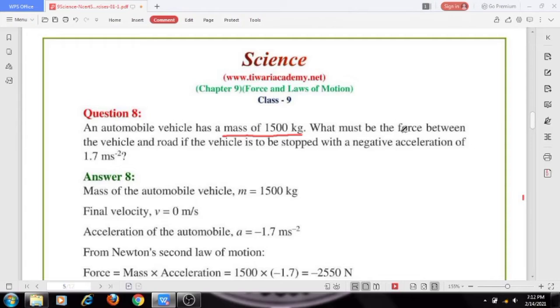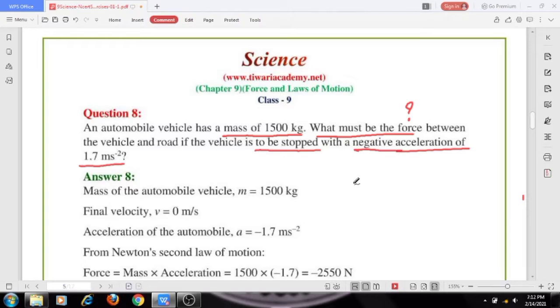Then, what must be the force? They are asking the question, so we have to calculate the force between the vehicle and road. If the vehicle is to be stopped, it indicates final velocity. The vehicle is moving with some velocity and now it has to be stopped. When it stops, what will be its velocity? That will be 0. With a negative acceleration of 1.7 meter per second square,